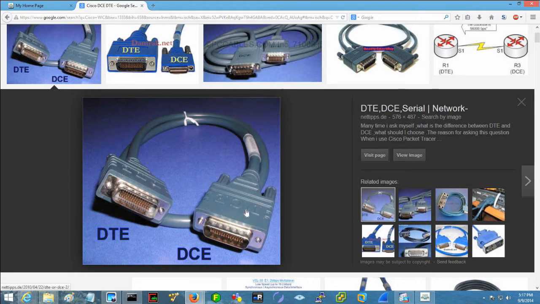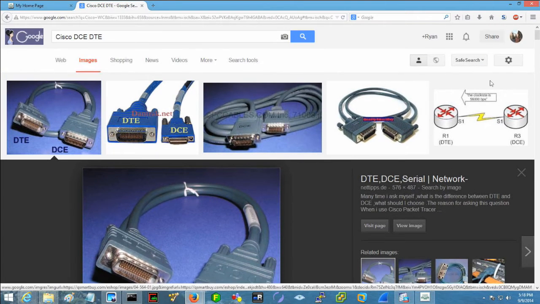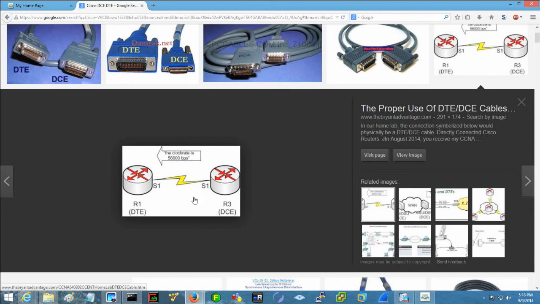The DCE side, and you can remember this, provides the clocking, C for clocking. This side synchronizes with the other side, transmitting a signal that's used for synchronization. So in a lab environment, you might set up your routers like this. This would be called a back-to-back serial connection. This wouldn't do anything for you in real life, because if you had two routers that close together, just use Ethernet, it goes faster. But this could simulate, in this case, a 56 kilobit per second link. Does that make sense? So this is just a low-speed WAN link between two routers.